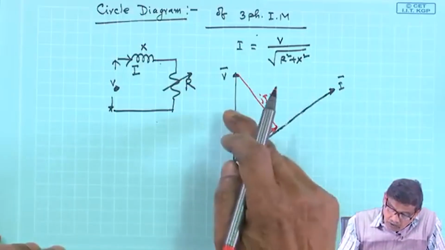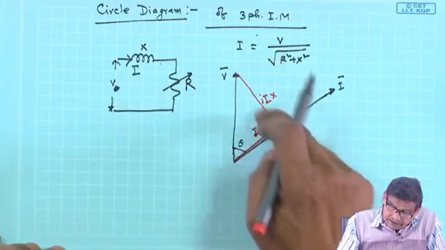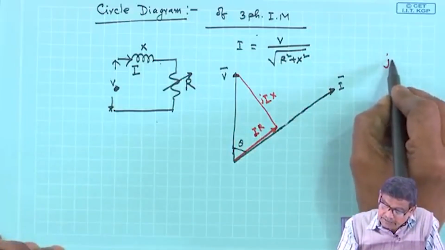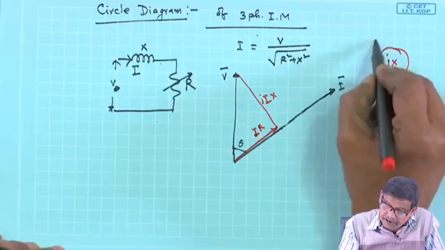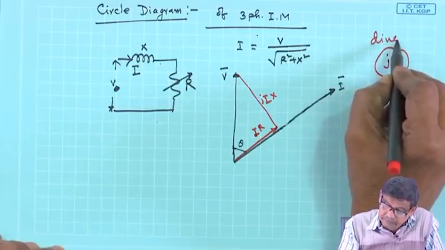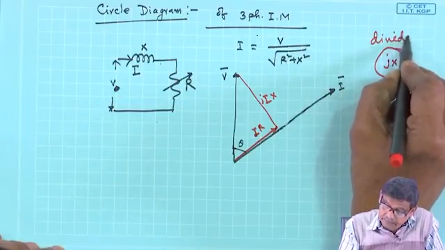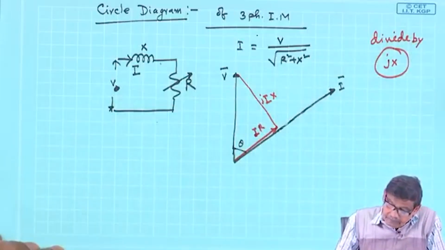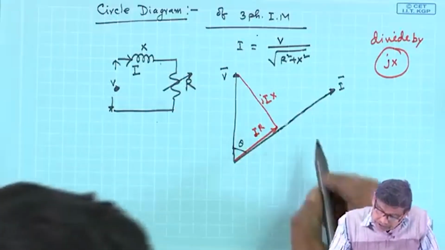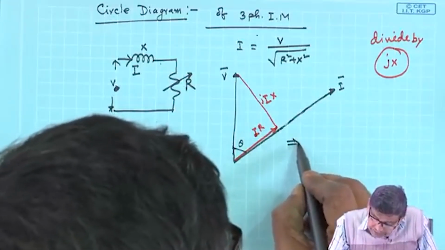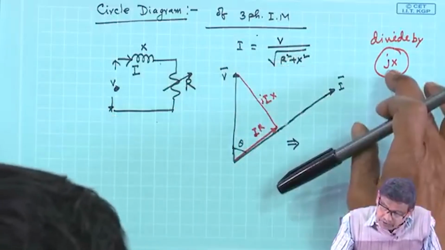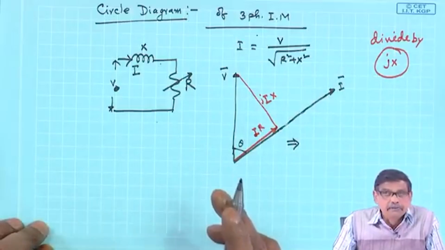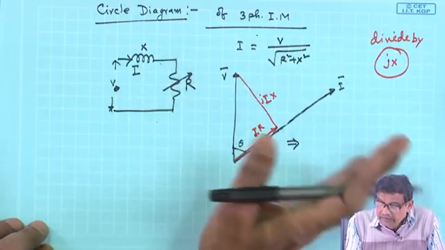Let us divide all these vectors in this triangle by jX. All these sides. So, as you divide, it will be like this. This V, when you divide by jX, its length will be V by X